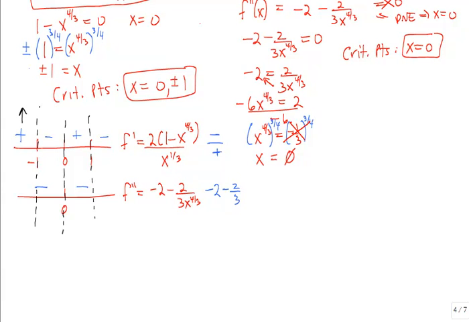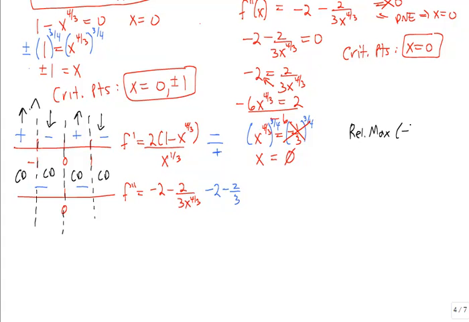We are increasing here and here, decreasing here and here, concave down everywhere for that second derivative because it was minus everywhere. Now if we look at our relative extrema, we do have a change in signs at -1. I go up and then I go down. So I have a relative max